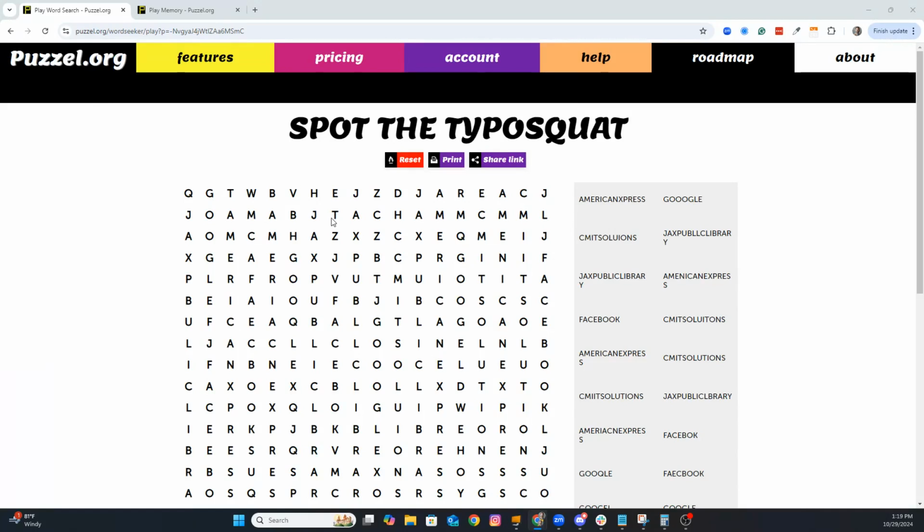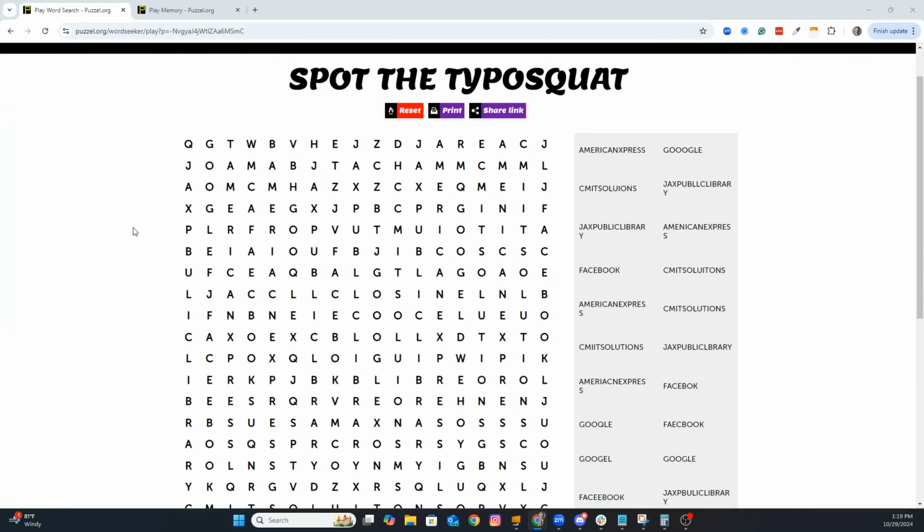Okay. Let me check out my screen. So audio listeners, you can imagine I'm looking at what looks like a word search here with some very interestingly spelled items. Alright, tell me when I can go. 3, 2, 1, go. Alright, I see American,